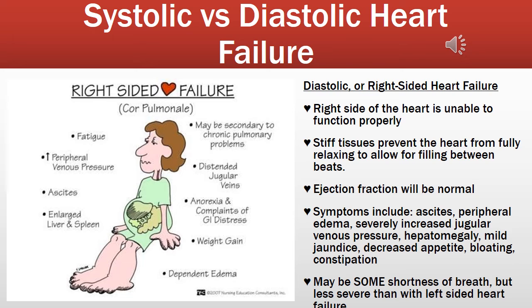Diastolic or right-sided heart failure is the most readily visible of the two. The right side of the heart is unable to function properly, typically because stiff tissues prevent the heart from fully relaxing to allow for filling between beats. Ejection fraction will be normal. Symptoms include ascites,